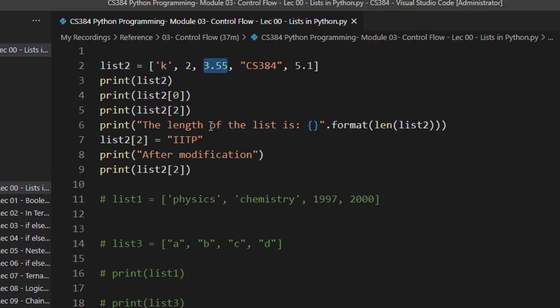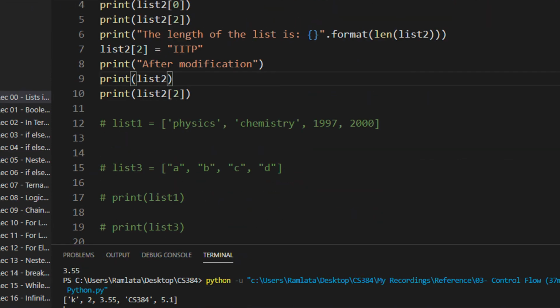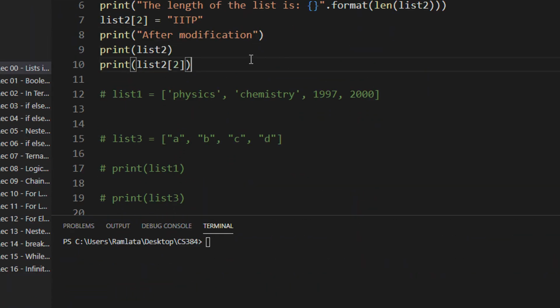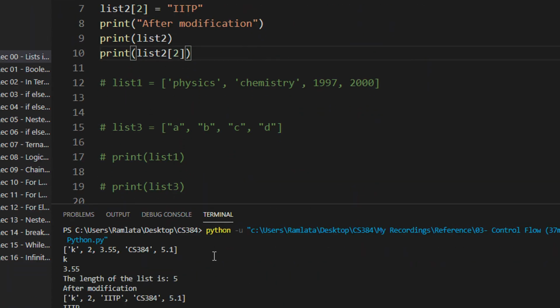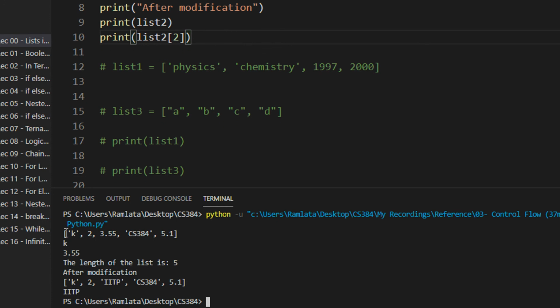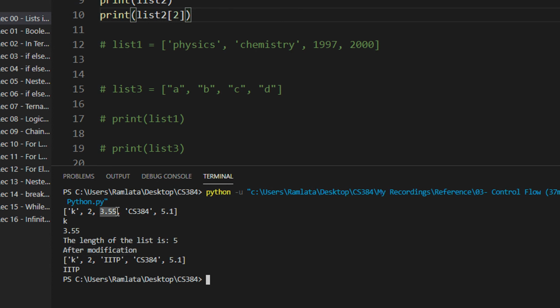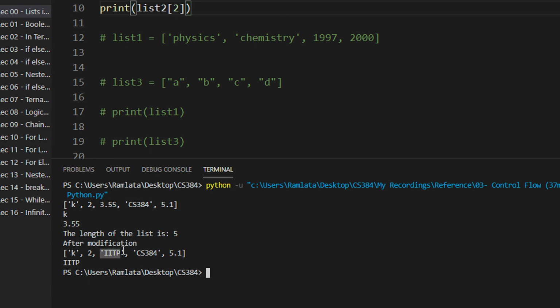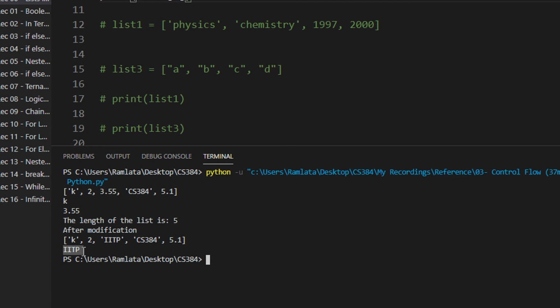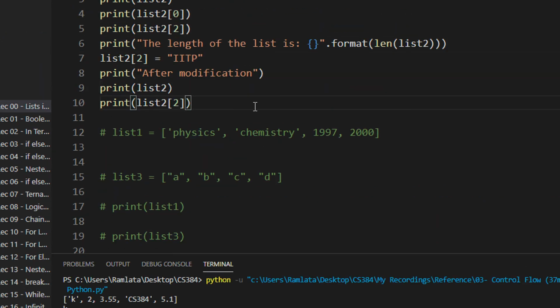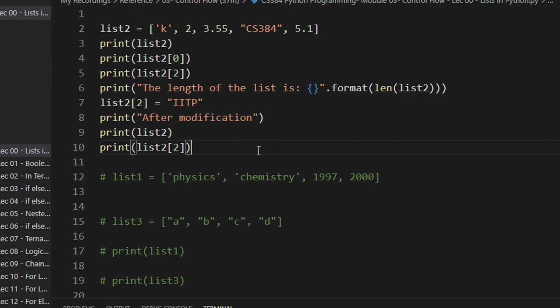So 3.55 will become IITP, and then we will print the entire list also, and then print only the second element. So you see, the original list is k, 2, 3.55, right? After modification, what I did was replace 3.55 with IITP, and that element again is verified to be IITP, right? So this was just a small introduction to list.